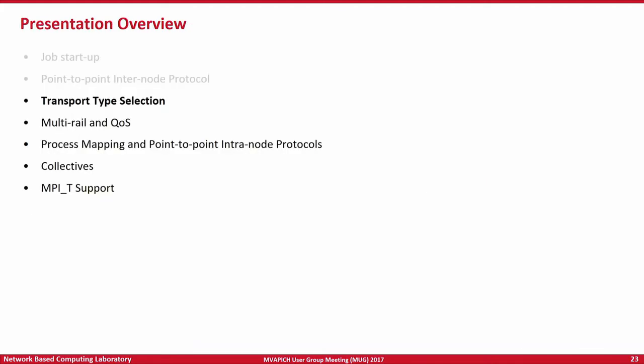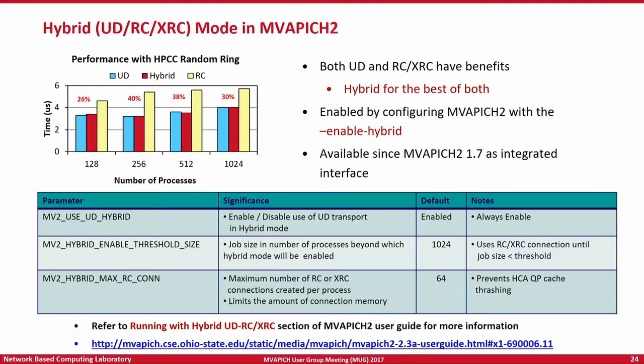So the benefit of RC is that you get very good communication performance, and it supports all the features that InfiniBand is known for. Let's say RDMA, atomics, one-sided operations, and all that. UD on the other hand has much better scalability and much lower overhead compared to RC. However, it does not support the high-end features of RC like RDMA or atomics. So the challenge here is to see if we can have the best of both worlds. Can we have the high-end features that RC provides with the scalability that UD has?